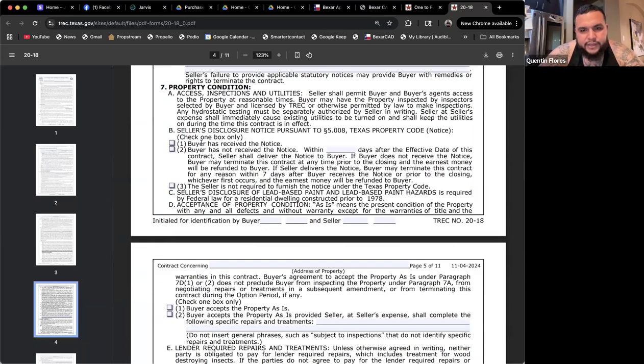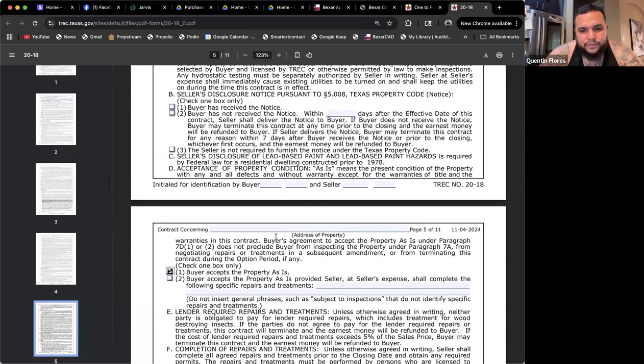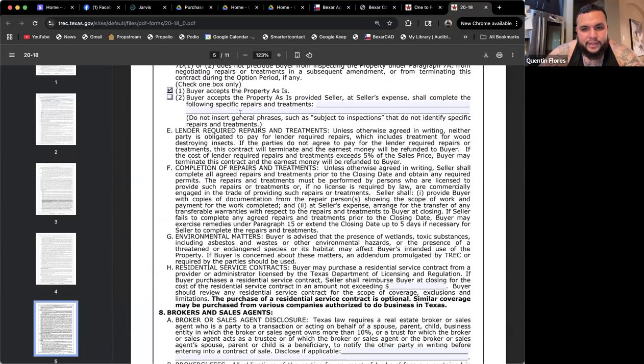Now, this part's important, property condition. The one that we're checking is that the house is being purchased as is. So if this is the one, make sure you add the address here. Scrolling down now, let's say buyer accepts the property as is, provided seller at seller's expense shall complete XYZ. If you agreed that you would buy it as is, but the seller is going to want to mow the lawn